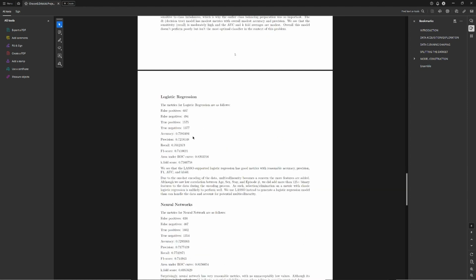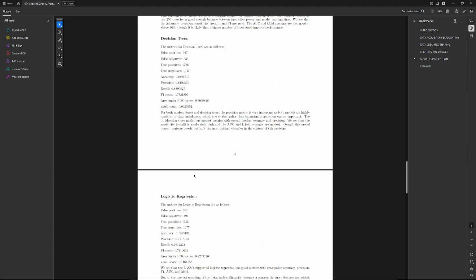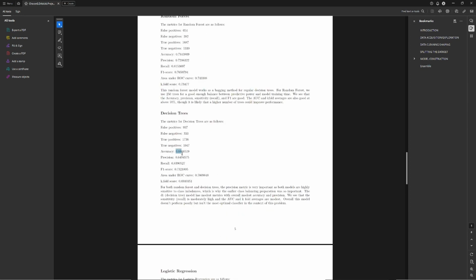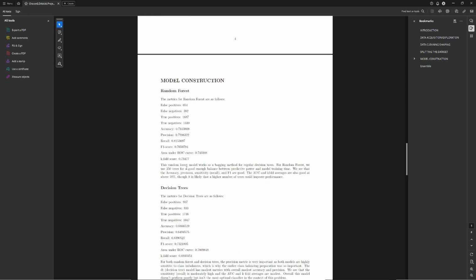So as you can see, they all seem to have similar metrics, though notably decision trees has lower performance across the board. And it has high sensitivity, and because of its lower performance, I would not use this in an ensemble. For the rest, they seem pretty good overall, though I believe I could have found them tuned a lot